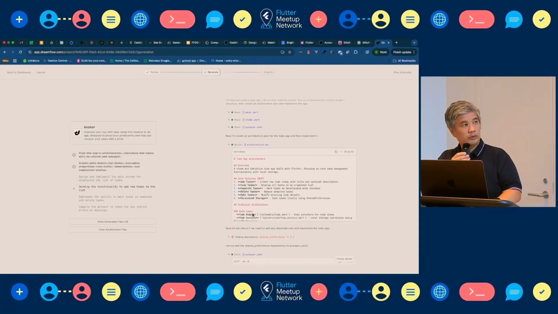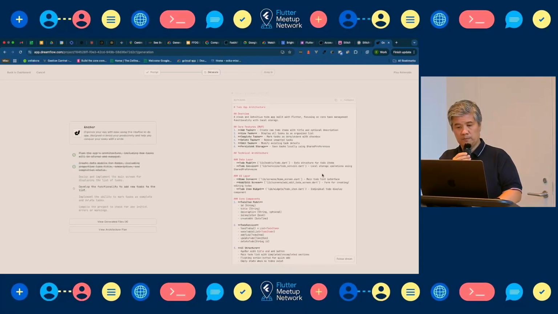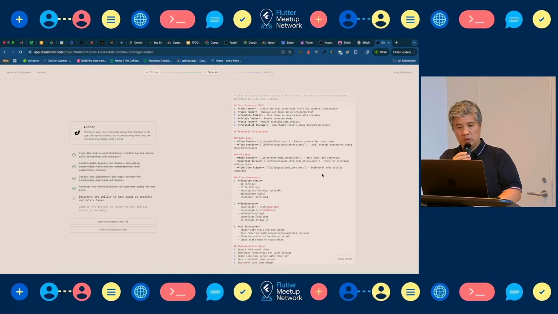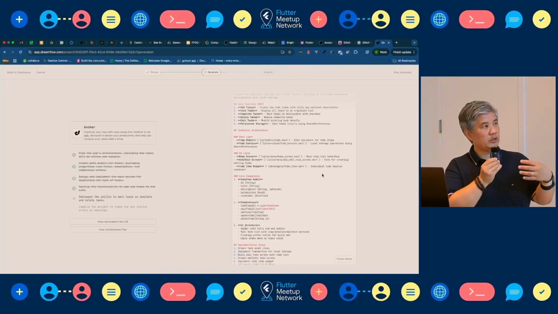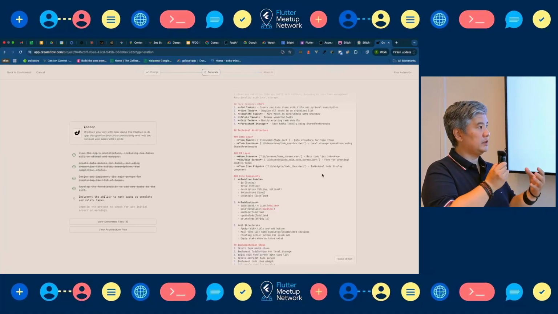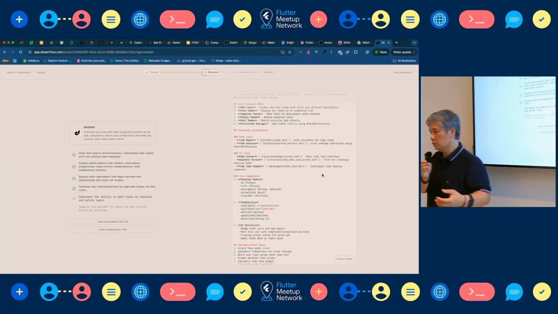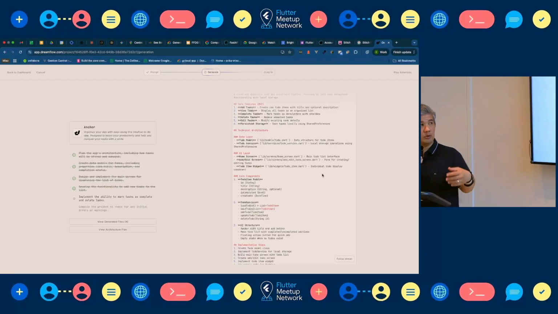It also thinks about the data model. It looks into its training to imagine what kind of interface it can build, getting inspired by what it has been trained on.